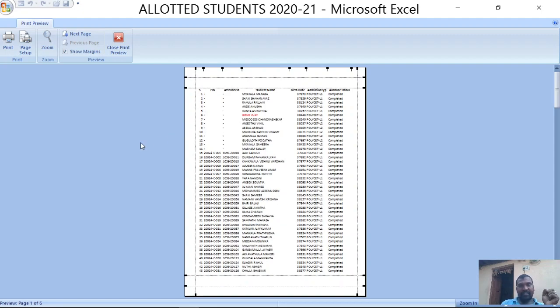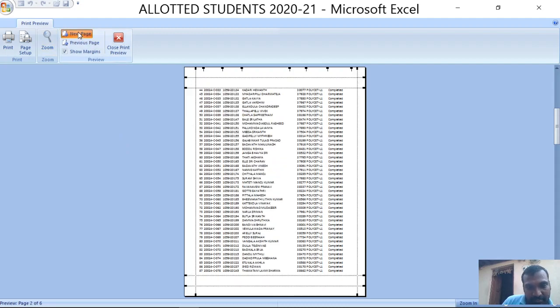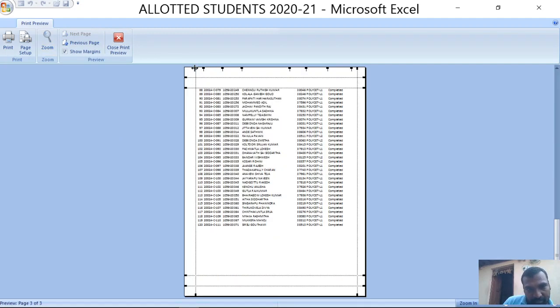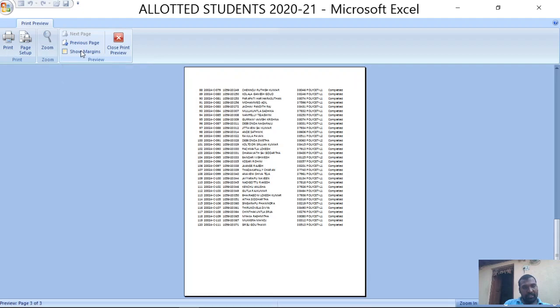Now I updated the column margins of the page that I want to print. Okay, so this is about margins.